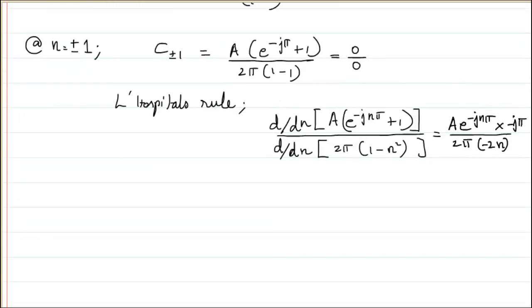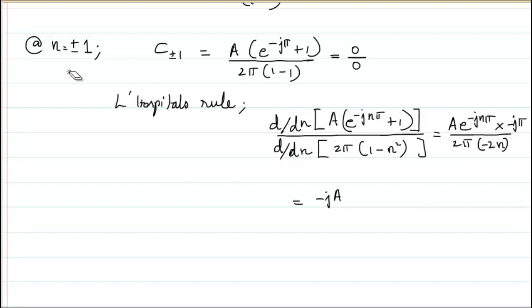From which I can further solve it as minus j a, and this pi and this pi basically get cancelled, so those two will get cancelled, and this is minus j n pi,